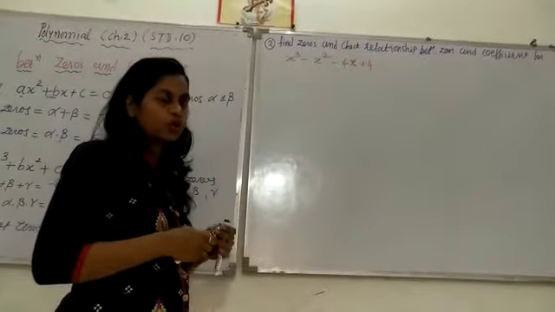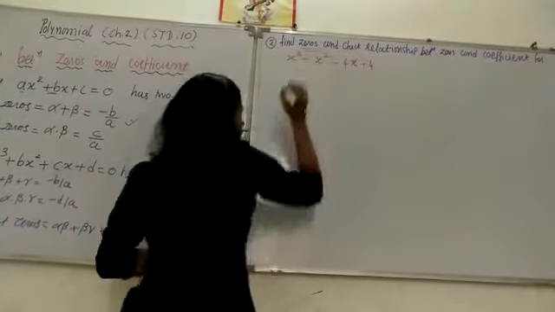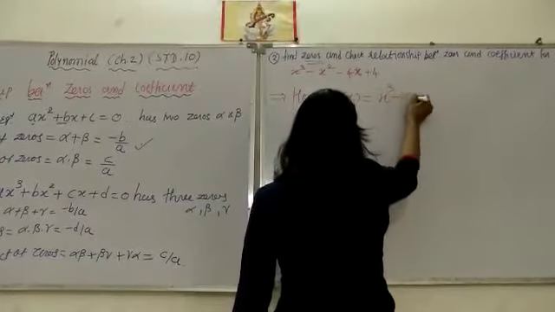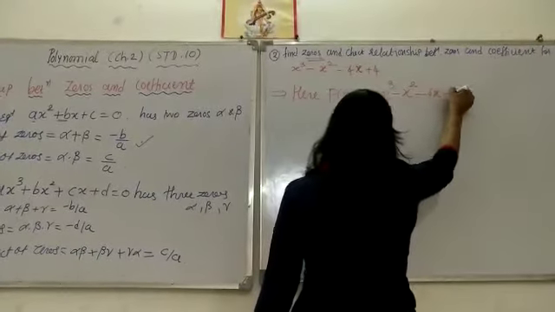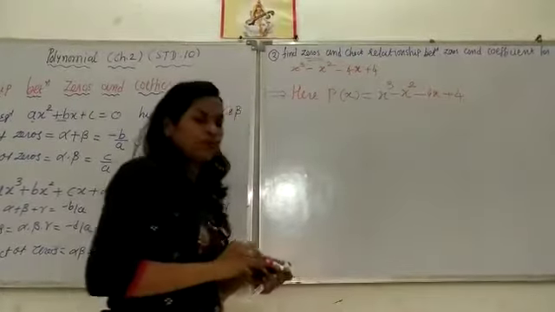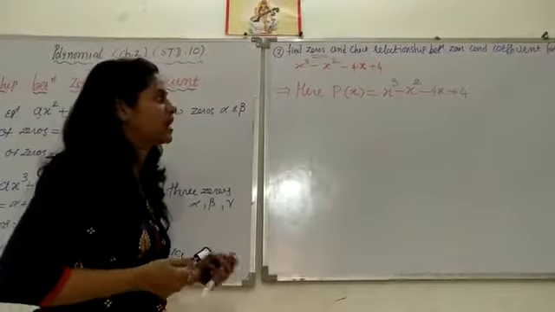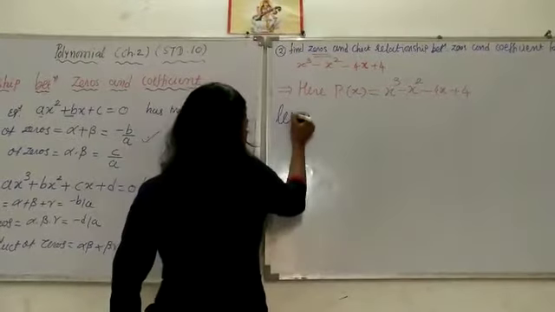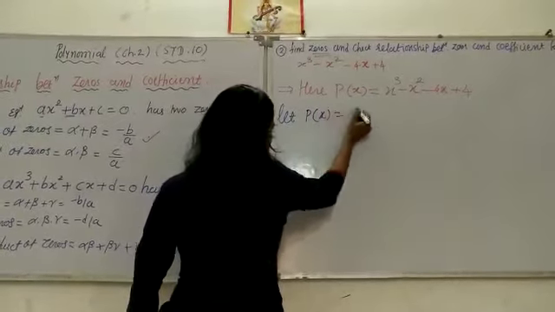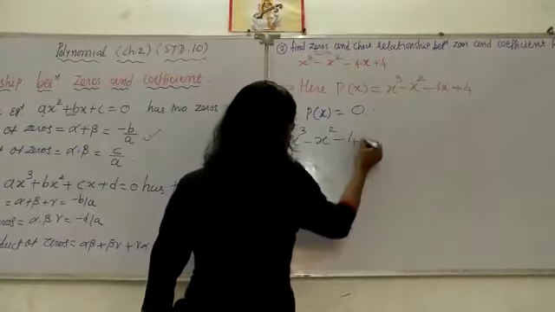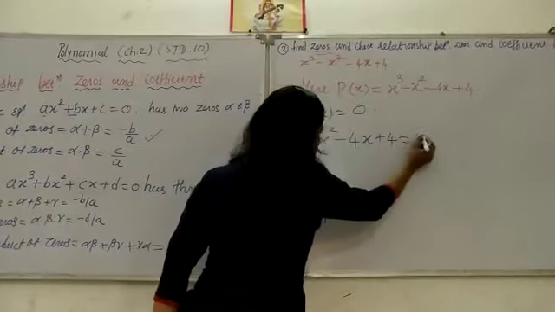So first of all, you want to find the zeros of the given polynomial. So first you should write your polynomial in variable x: p(x) is x cube minus x square minus 4x plus 4. Now find the zeros. How to find zeros? Take the polynomial equal to 0 and find the value of x. So let p of x be equal to 0, so x cube minus x square minus 4x plus 4 is equal to 0.